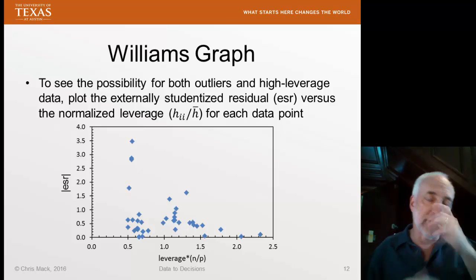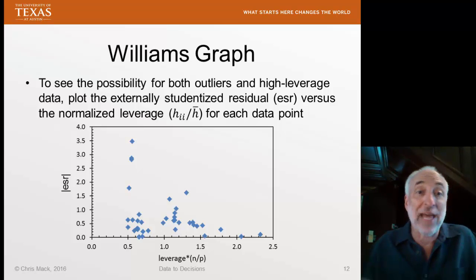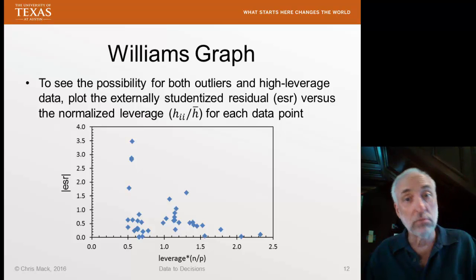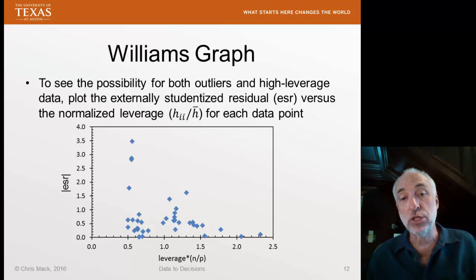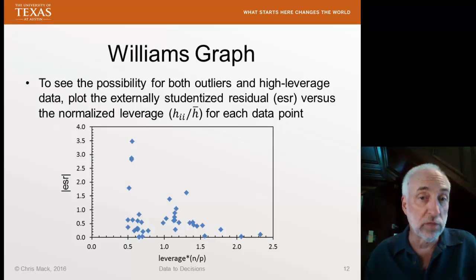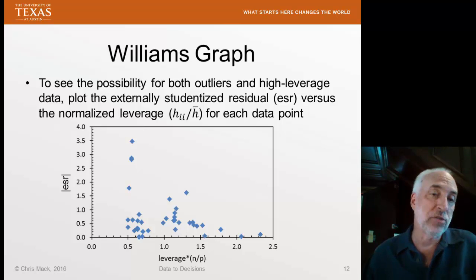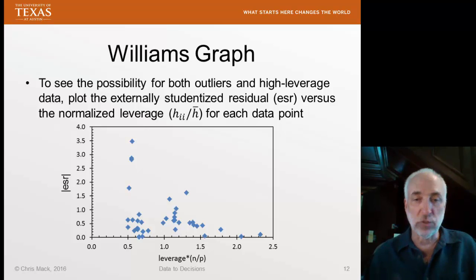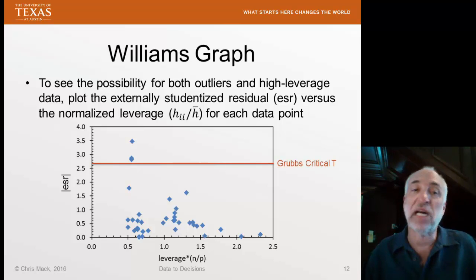So we've got our data, we've calculated all these externally studentized residuals. To do that, we had to know what the leverage was, h_ii. We know that the mean value of the leverage is going to be p, the number of parameters, divided by n, the number of data points in the data set. So if we plot the magnitude of the ESR versus this normalized leverage, we get a set of points that looks something like this. Well, this can tell us a lot because we could plot on the same graph